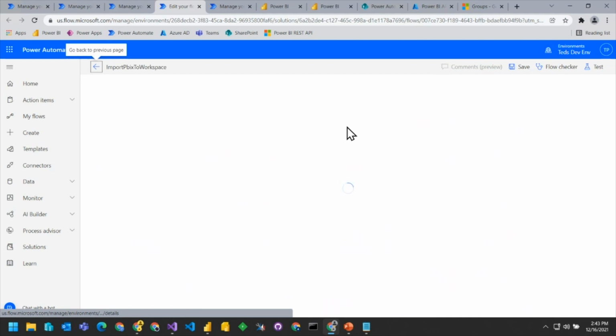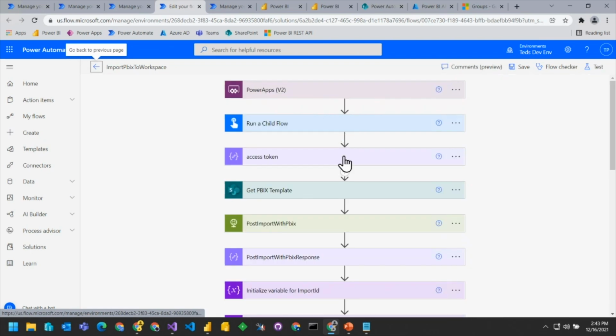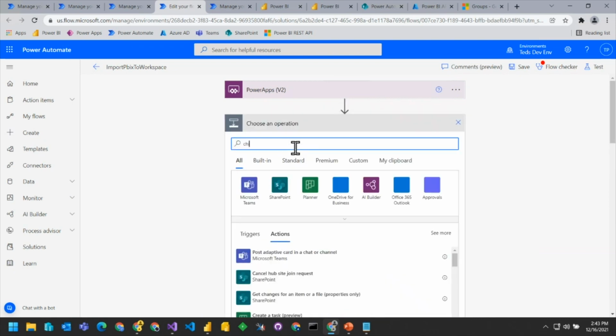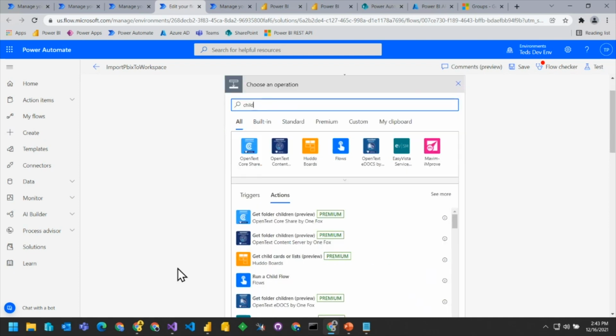And what you're going to see here is that when you add an action, like let's say that I wanted to call a child flow, I'll go ahead and click add an action. And when this comes up and I click on child, down here, you can see run a child flow.